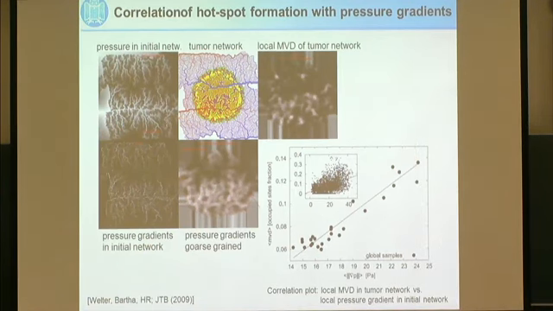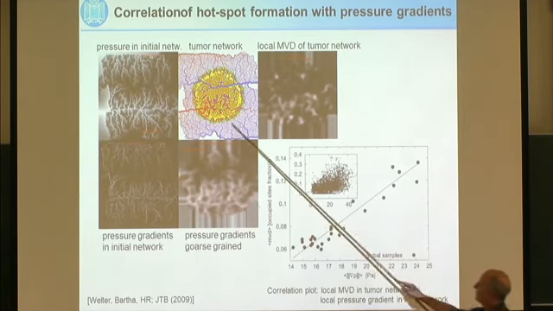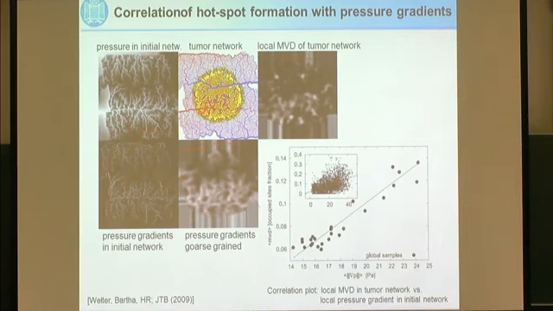collapse of vessels is related to shear force. Shear force is related to the pressure gradients. So whenever you have a shunt between, for instance, an arteriole and a venule, there's high shear force in the emerging vessels, and this vessel is less likely to collapse, and this is the mechanism which leads to accumulation of